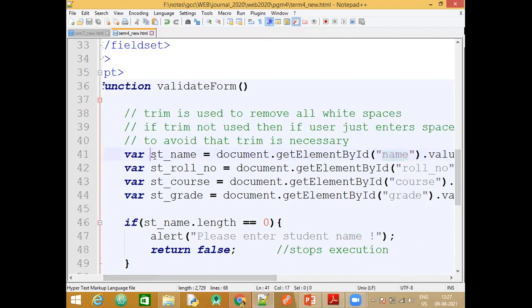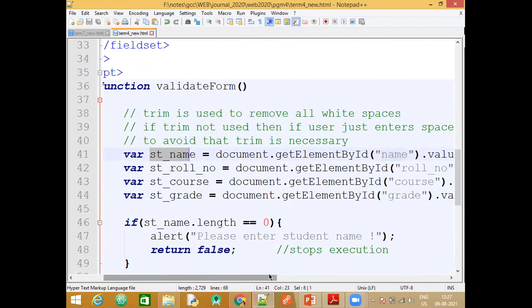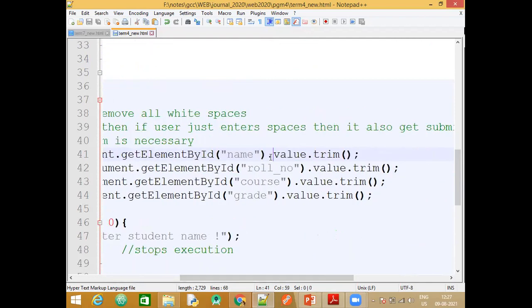This is another variable. Now, I said dot value dot trim. Dot value will help us to fetch that actual value that is entered. I entered in the text box ABC. That value, with this particular dot value, it will fetch. What is dot trim?